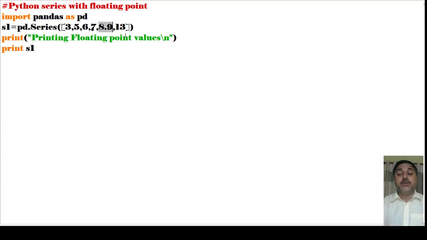As it converts everything into the decimal number format, I can use a minimum of one decimal point number, like the one I have highlighted here, 8.9. This is one decimal point number.